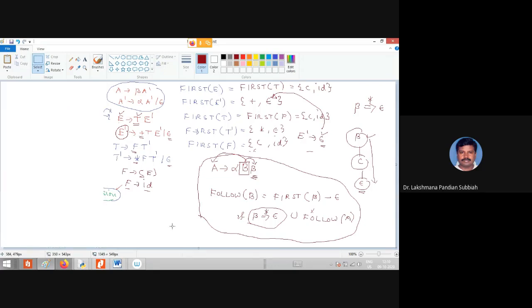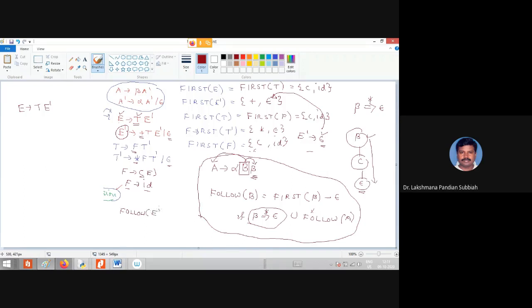Right, here you take the first production rule as E derives T E dash. So how are we going to see that one? I already told you that one. The first start symbol you have to add as follow of E. So you write that as follow of E, right?